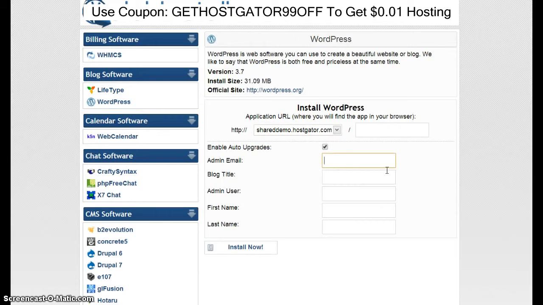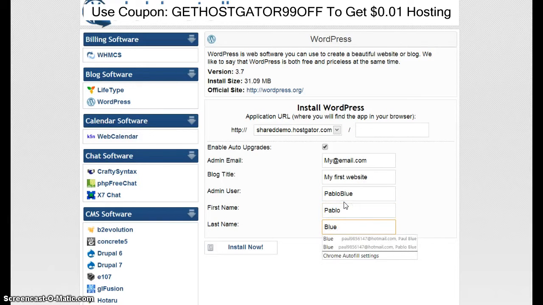You give it your email address, my blog title, my username, if I could spell, I'll just use the same thing again, and hit install now. And within about 30 seconds you'll see the software installing, and you don't have to do